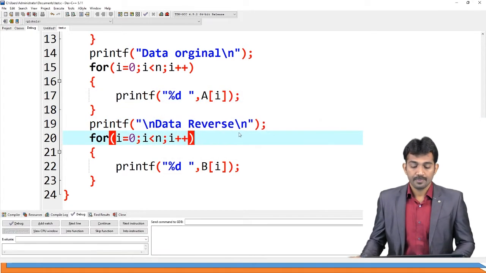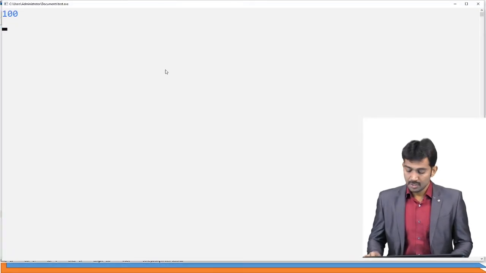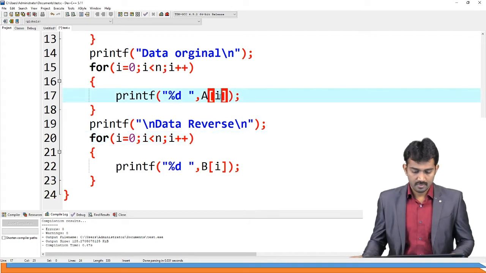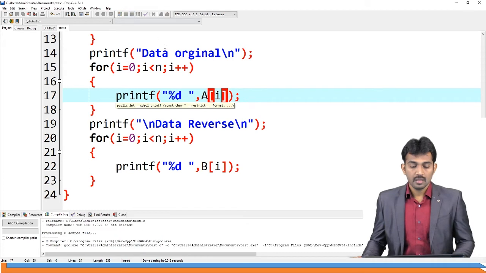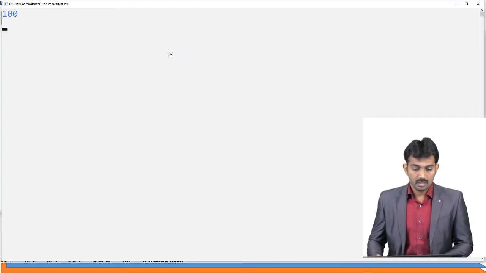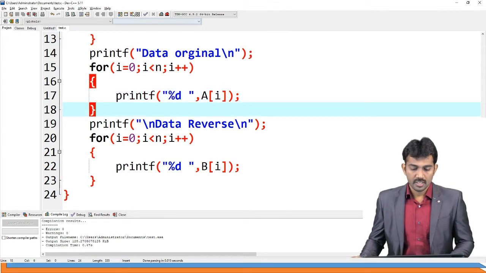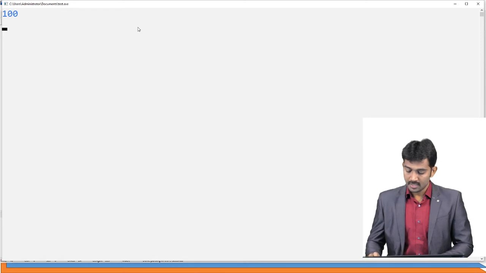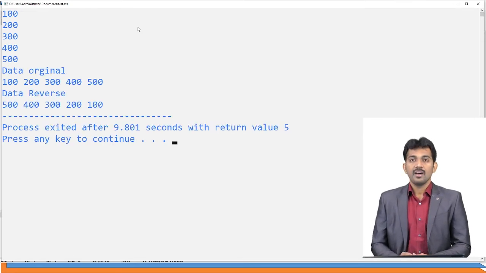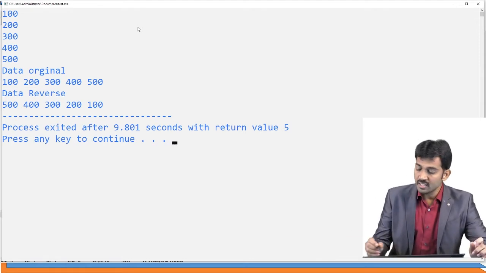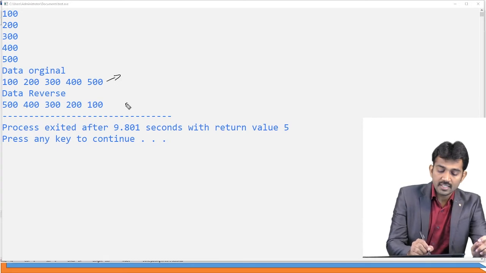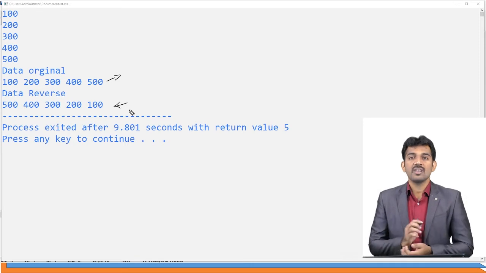Sorry, I used it twice. See, a contains the data in the forward direction, and this is the data in the reverse direction. Is this clear? This was using an extra array.